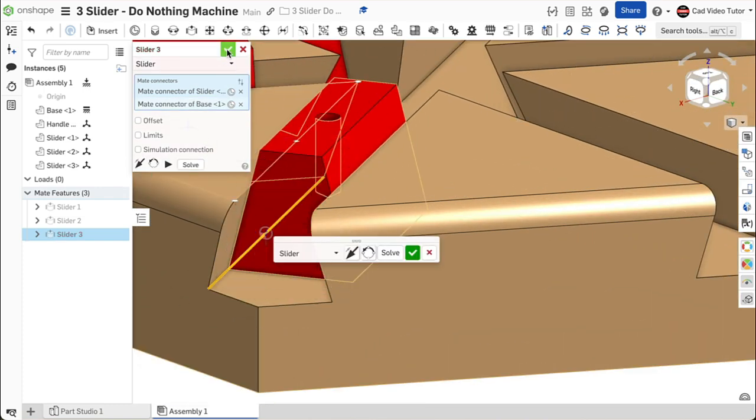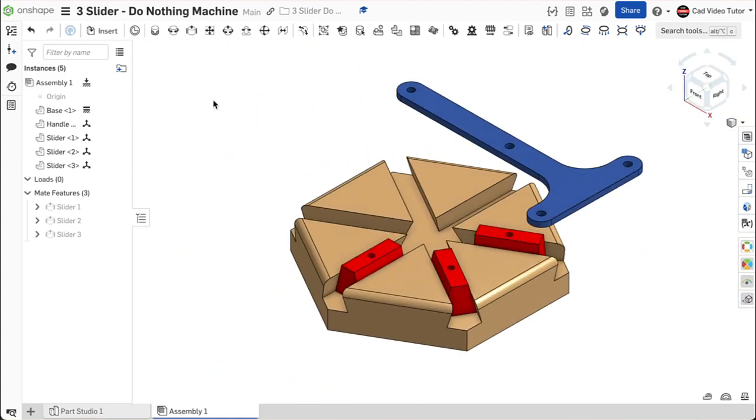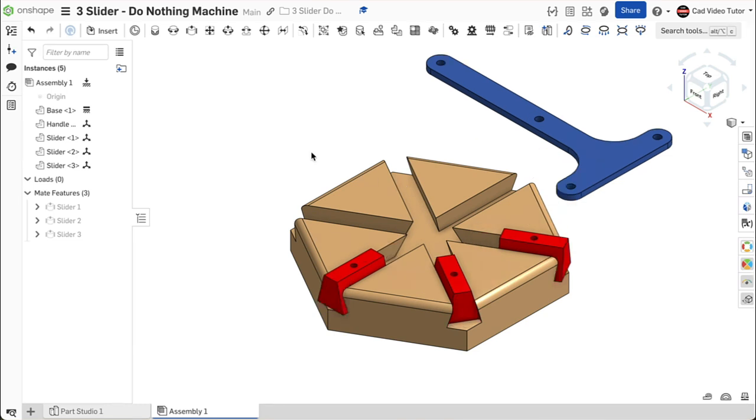With all 3 sliders mated, use the green check here to close the Slider Mate dialog box. Use the mouse to click and drag each slider to make sure they will slide into their groove. This looks good. To place the handle, we will use a Revolute mate so that the handle can turn about